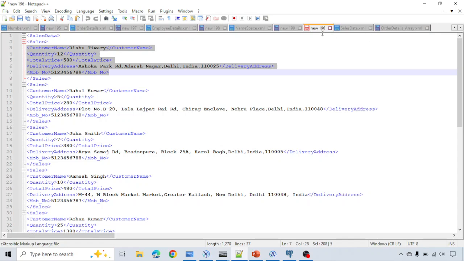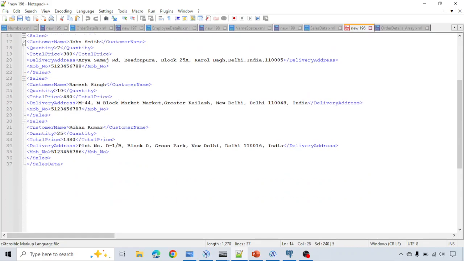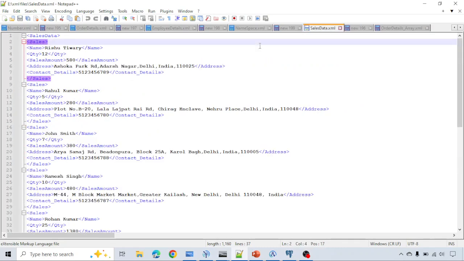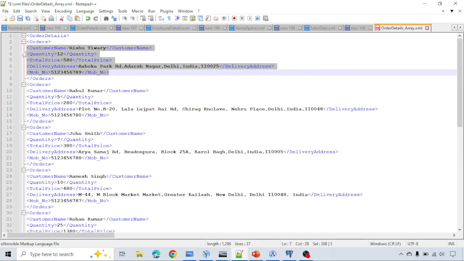So most of the examples I am going to show you are transformations like that. I will be sending this message to this, and I will be getting this message as output. For each case I will be keeping this the same, this the same, all these fields the same. I will keep the whole field list the same as per the input. I will not be using fields like name, quantity, sales amount, this type of field. I am going to use the same fields